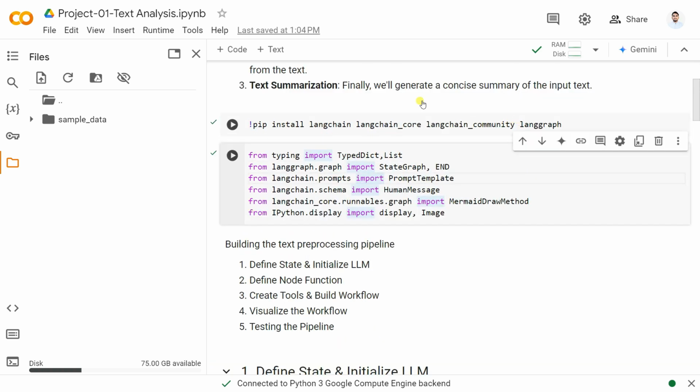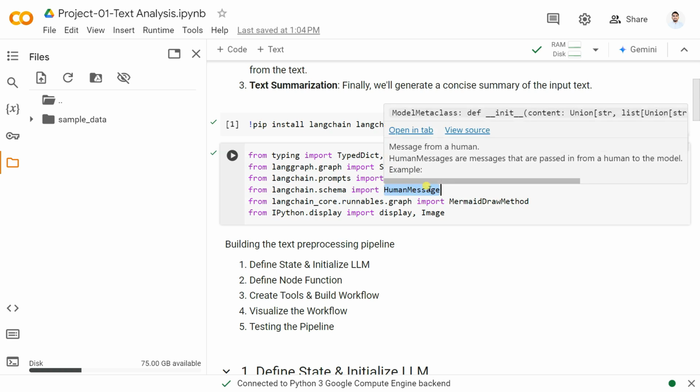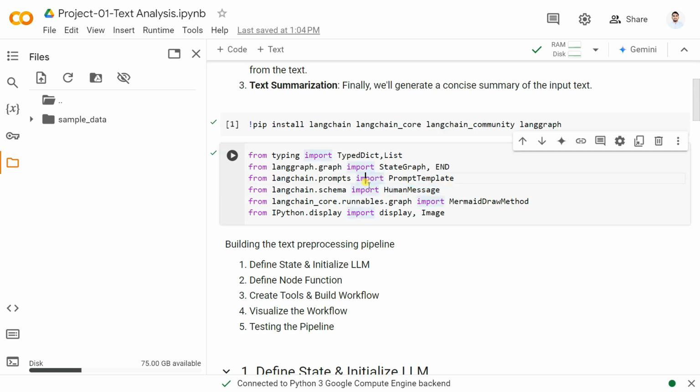देखो भाई, लैंगग्राफ खुद से लैंगग्राफ के ऊपर भी काम करता है इसलिए। तो इसके बाद हमने मेरमेड ड्रॉ मेथड इसको यूज़ किया है, क्योंकि ड्रॉ मेथड है जिसके बाजू आप एक्चुअली जो ग्राफ और फ्लो चार्ट है उसको आप ड्रॉ कर सकते हो। इसके बाद ह्यूमन मैसेजेस है, क्योंकि हमको ह्यूमन मैसेजेस और एआई मैसेज में थोड़ा कन्वर्सेशन करना है, इसलिए हमको ह्यूमन मैसेज स्कीमा से भी इंपोर्ट करना पड़ेगा बस।